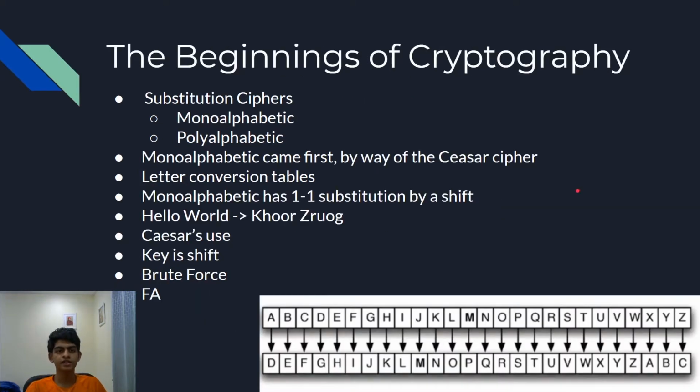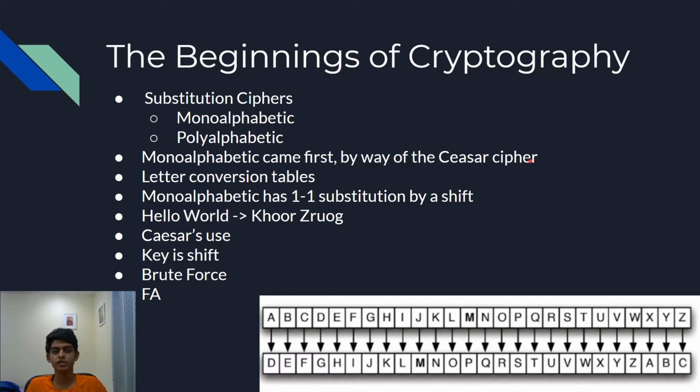The first real incidences of cryptography in history were called substitution ciphers, and their entire premise was you're substituting a letter for a different letter, and there's some sort of lookup table where you would change that letter from A maybe to X. The simpler type is called a monoalphabetic substitution cipher because there's one alphabet. There's one table that you're substituting with, and it came first by way of the Caesar cipher, which used